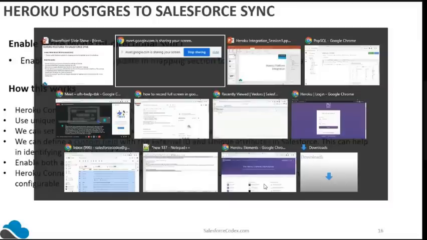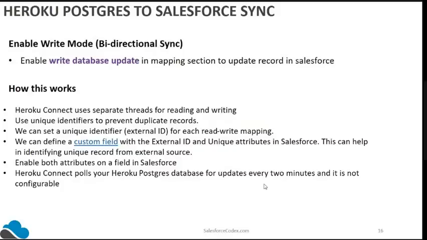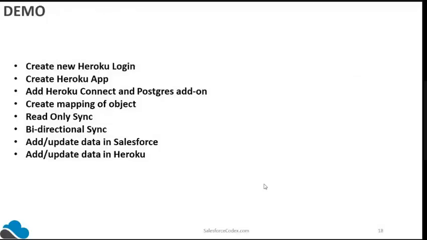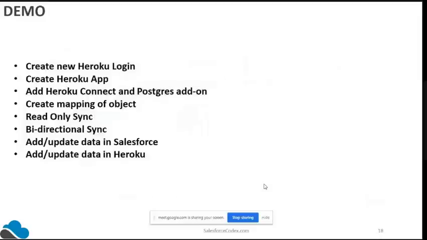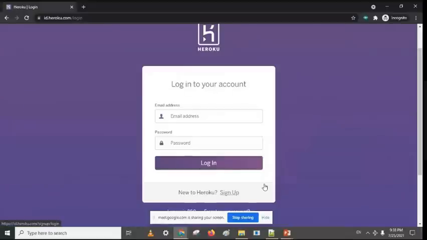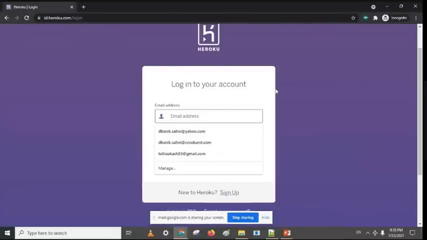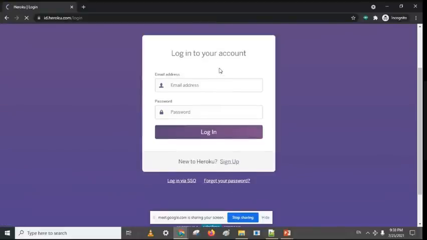So what are the steps to do the integration? First, we have to create a Heroku login. Let's see, I am creating a new user. Sign up.